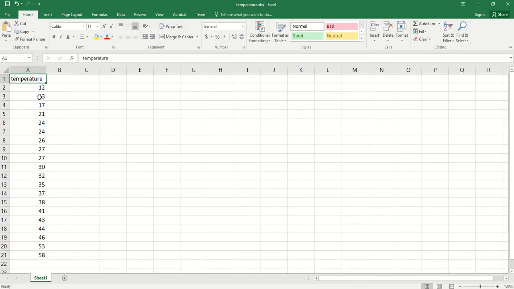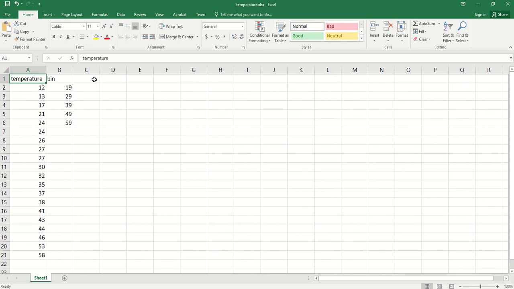Here we have data. It doesn't matter whether we sort the data or not, but we need to manually tell Excel our classes. We can call each class a bin. Here we tell Excel the upper bound of each class or each bin. We use 19, 29, 39, 49, and 59.